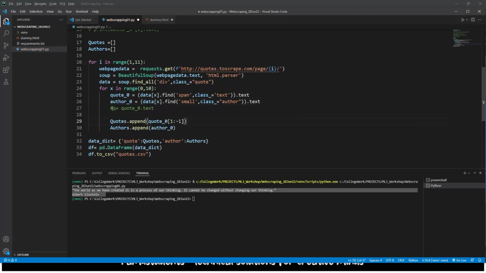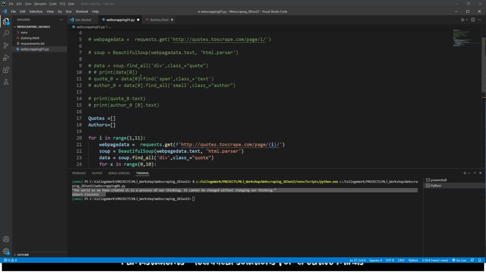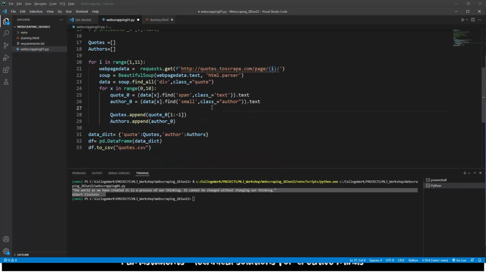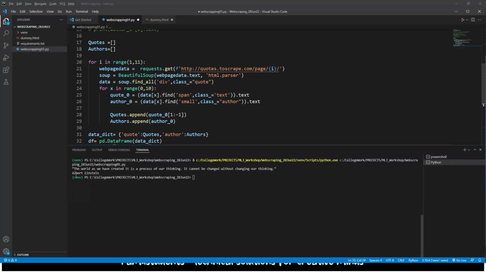So if you see here, we are getting all the text rather than going separately like this. Here we are getting all the text, and authors we are directly appending, but in quotes, if you observe,